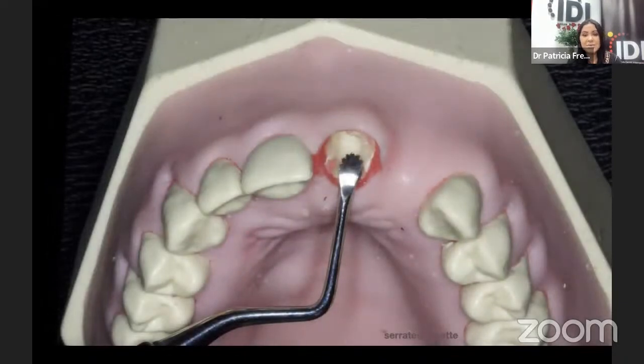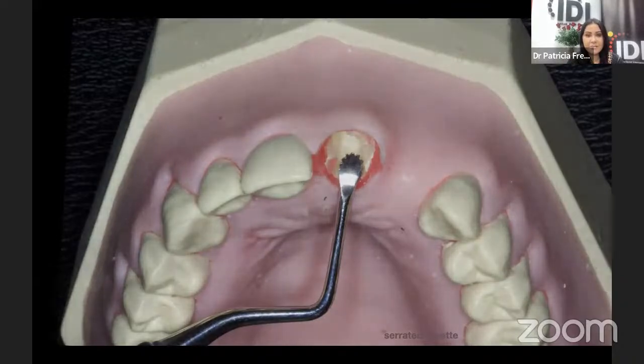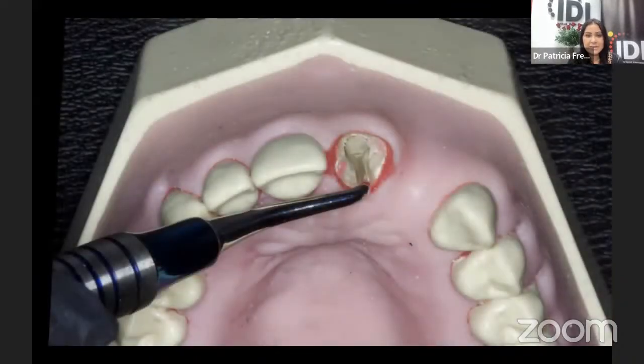This is a serrated curette that we can also use to remove cysts or a lot of fiber that we may have in that place. And here I want to share with you a video of how this vertical extraction